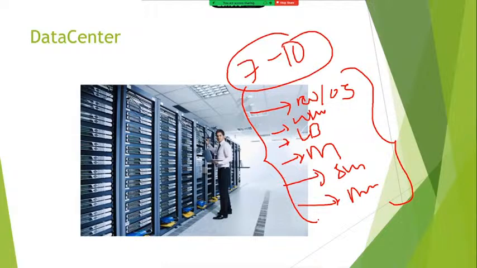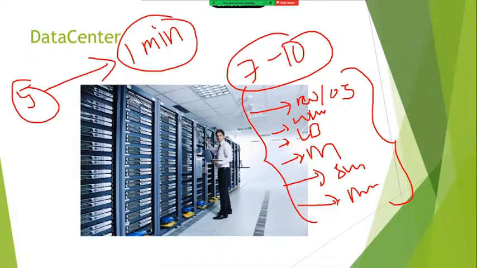If we go for cloud computing, whatever the count I said, 5 servers, can be deployed within the span of a minute. I am telling only 1 minute, not even 2 minutes. We can host all these servers within a minute. Where is 7 days and where is 1 minute? There is a lot of gap.